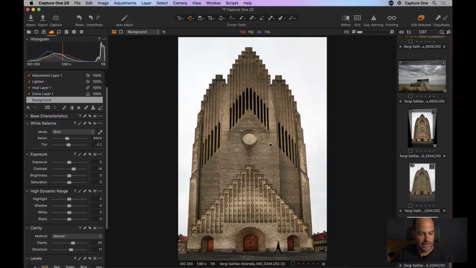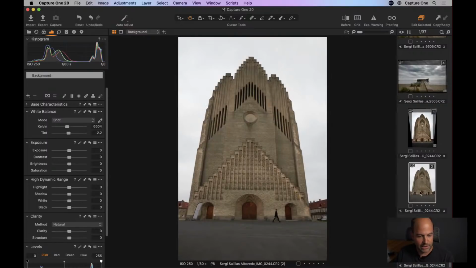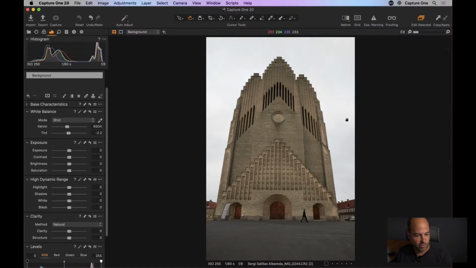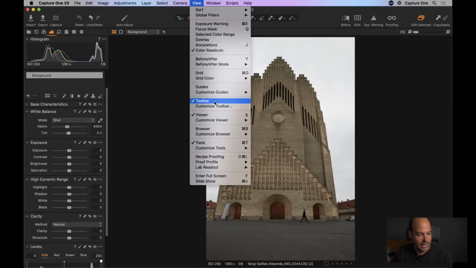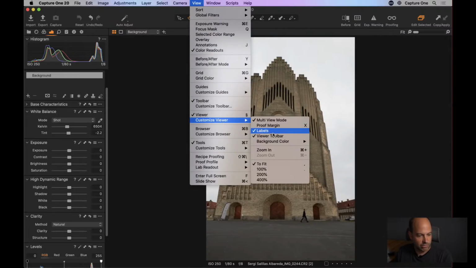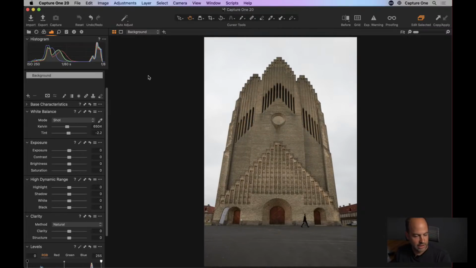So let's get started. So I'm going to go back to the unedited one. Let's just hide the browser just so that we've got a bit more screen real estate. I'm also going to hide the viewer labels as well, just because they're a little bit distracting,